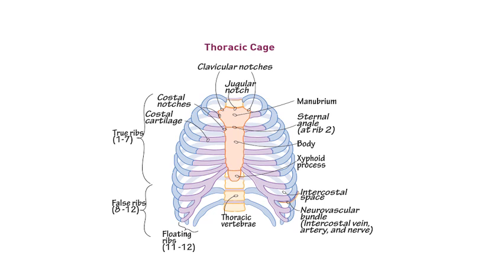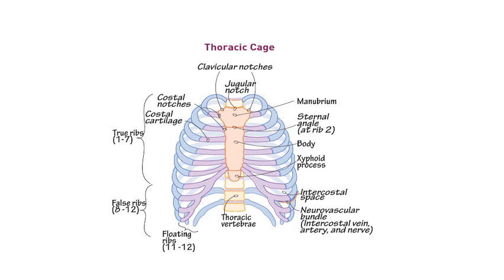You can see that at the top, pairs 1 to 7 are called true ribs, already written here very clearly, and ribs 8 to 12 are the false ribs. But ribs 11 and 12 are the floating ribs. These also have a very important role to play. Can you guess what role the floating ribs play in our body? So there are 12 pairs of ribs. This is the protective covering of the lungs, and inside this the very soft tissue is present.